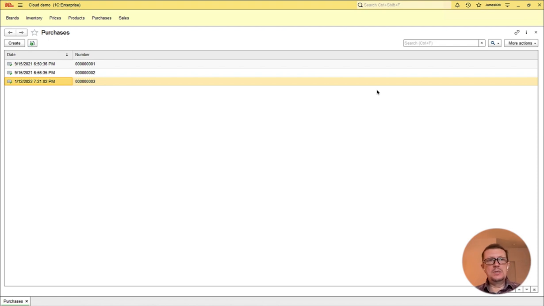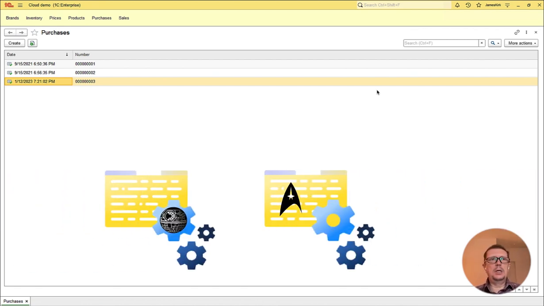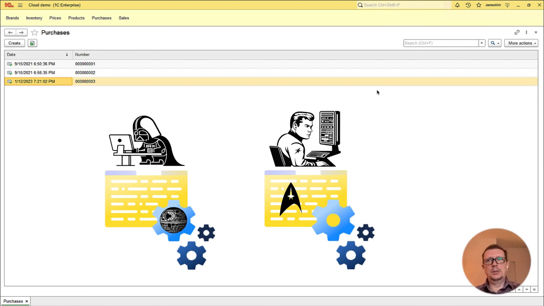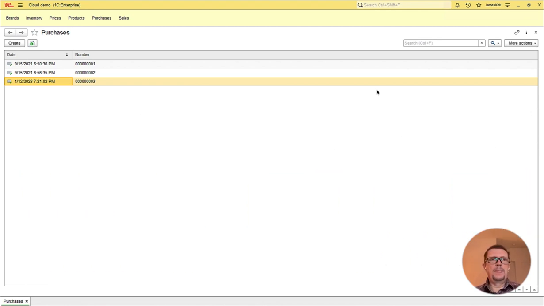And the most obvious way of doing that would be to just create two separate databases for the Star Trek company and for the Star Wars company, and then let different users work separately in their own databases. This will work to some extent because when you host this kind of service, you actually need to host these different applications for different companies. And when we are talking about a simple application like this one, it doesn't take much from your hardware, from your servers, from your infrastructure.